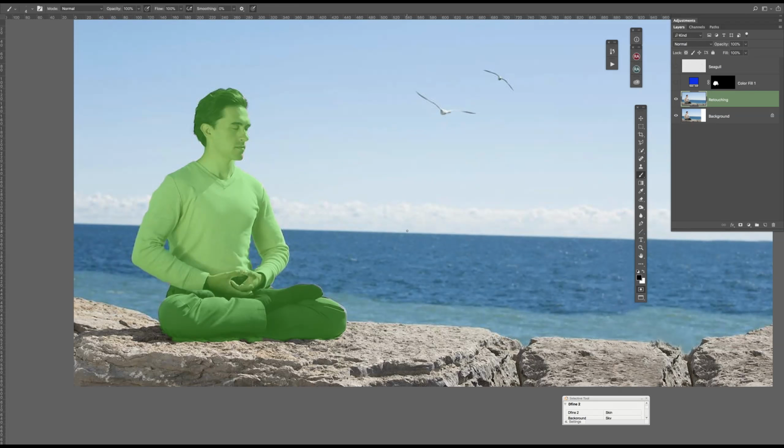So, yeah. But as an example, this just shows you how quick a simple select subject option is now in